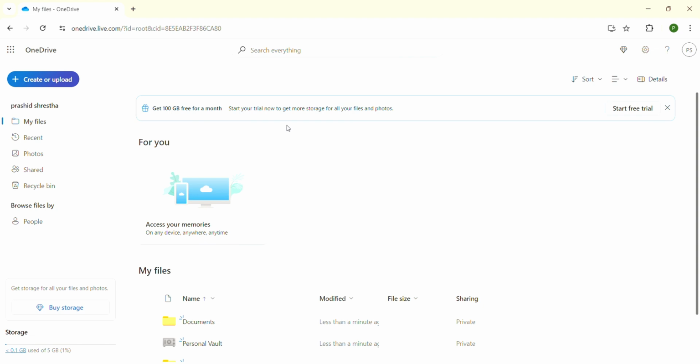Firstly, you need to open the web browser of your choice. When you have opened it, go to the search bar and type OneDrive, and the search results will be shown to you. Click on the first search result, and an interface will be shown to you. Click on the sign in button and sign in with your information. When you have signed in successfully and this interface is shown to you,